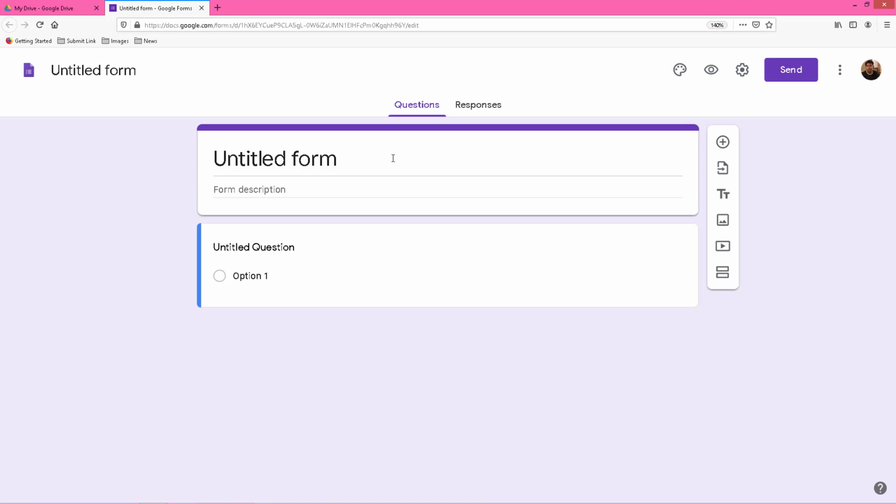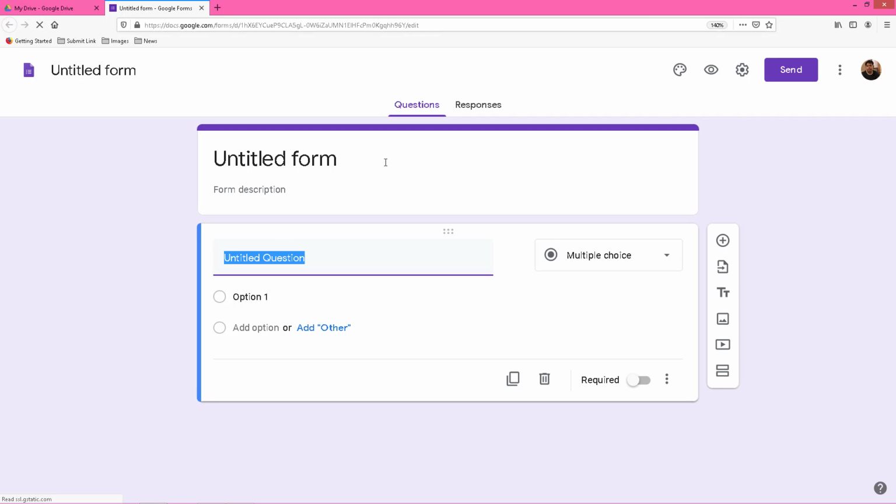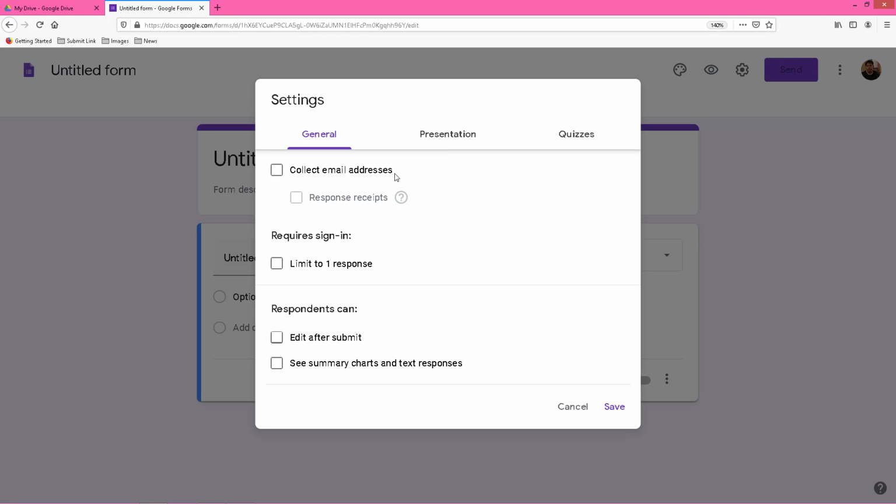Before proceeding, there are some setting parameters we should set by going through settings. So click over here, settings. If you want to release marks manually to the students as per your time, you can go to this option, collect email address.